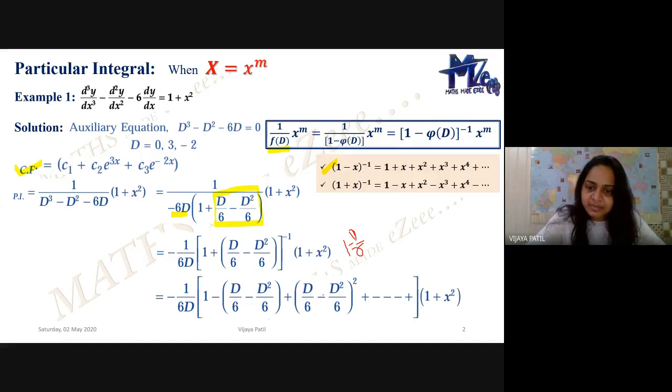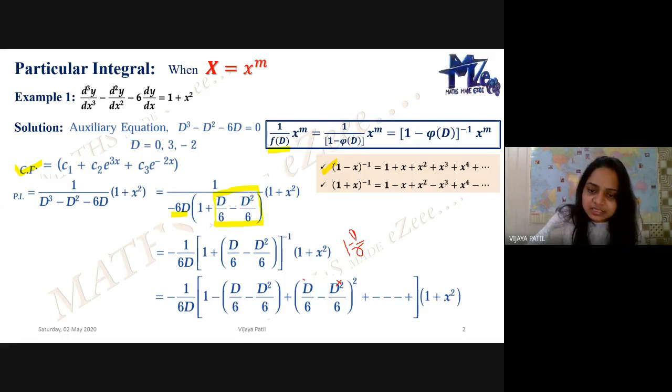Now we have got here a minus b the whole square. What is this? a square minus 2ab plus b square. If I do the b square, it will give me d to the power 4. I don't want the third term here. So this d square by 6, the whole square, I don't want it. What about the middle term? The middle term will be 2 times d by 6 into d square by 6. Again, it will give me d to the power 3, which I also don't want. I am not interested in that. I am restricting myself up to the power of d as 2, not more than that. So I am just ignoring that.